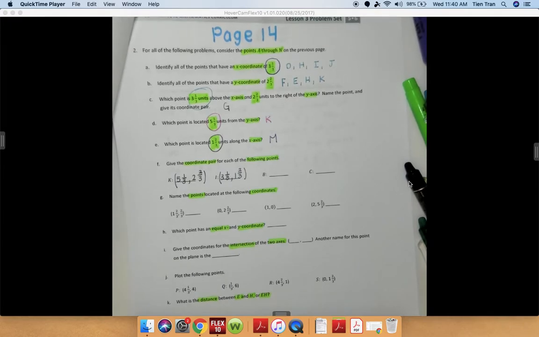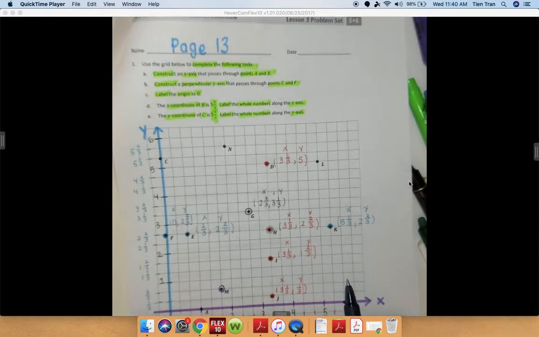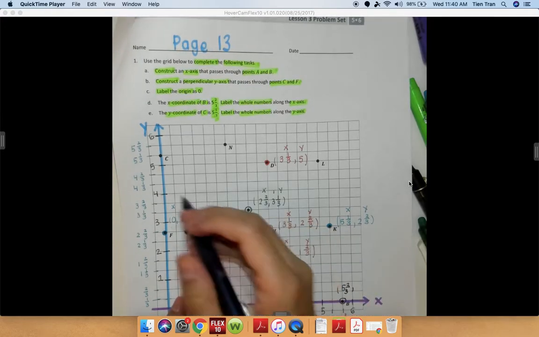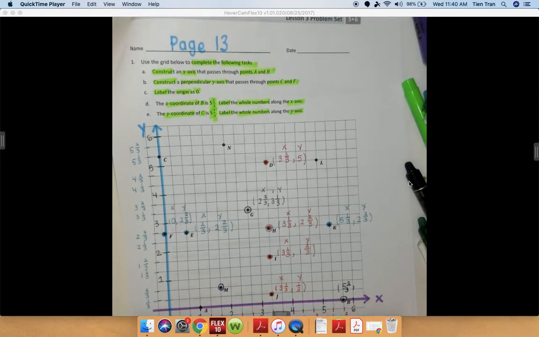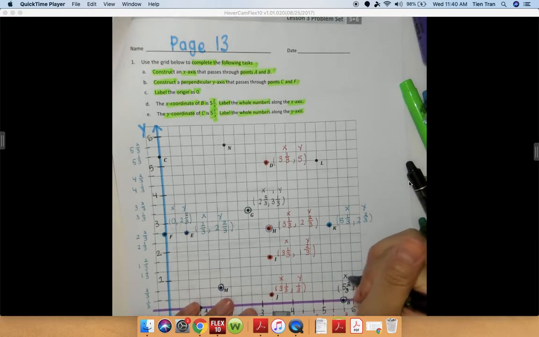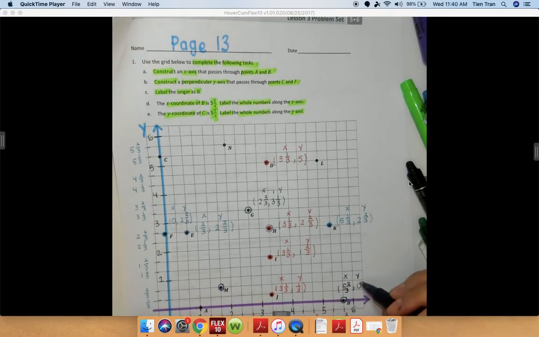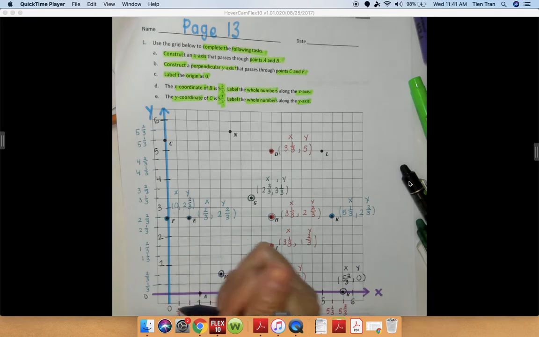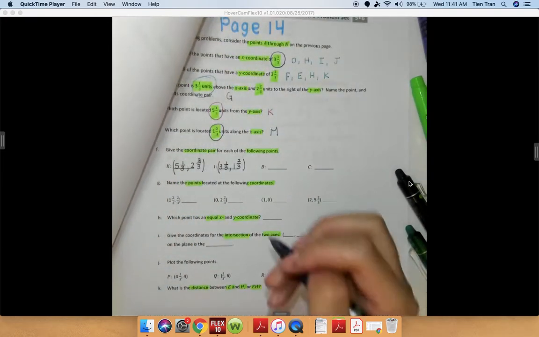Next, they asked me to label B. So did I find B? Looking for B. Oh, B is right here. So I'm going to circle it so you guys can see it. And it looks like it's at 1. Where is it? It's at 5 2/3. And for Y, it's on this line. So that means it's 0. So I'm going to write 0. So X, Y. At X, it's at 5 2/3. For the Y-axis, it's at 0. So this line right here would be considered 0, and this one too would be considered 0. So I'm going to write 5 2/3